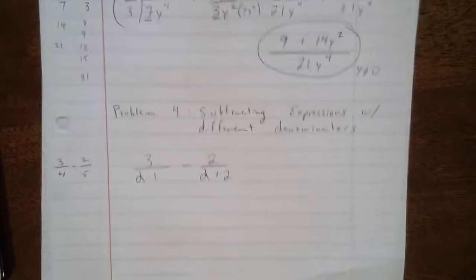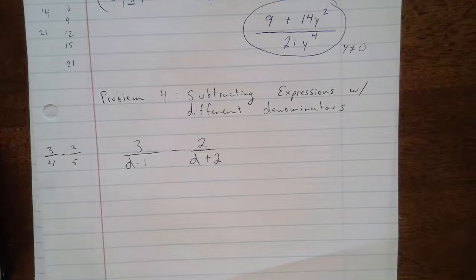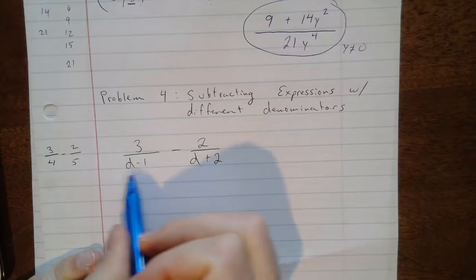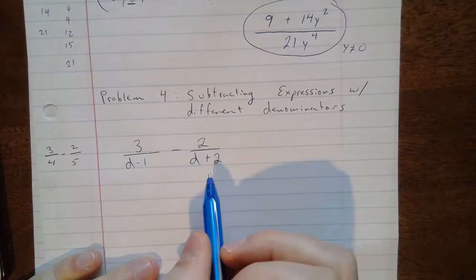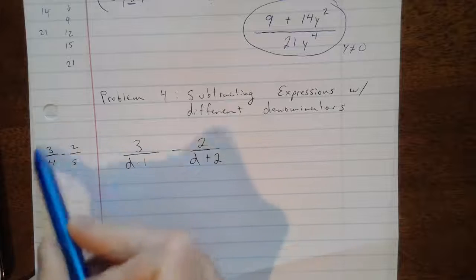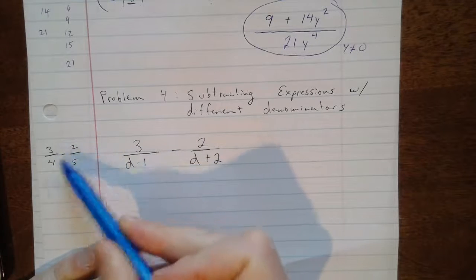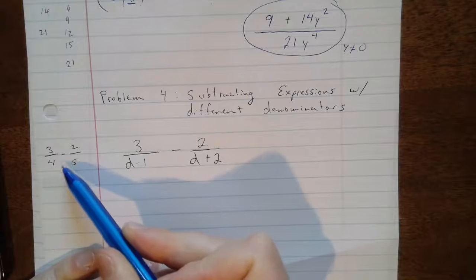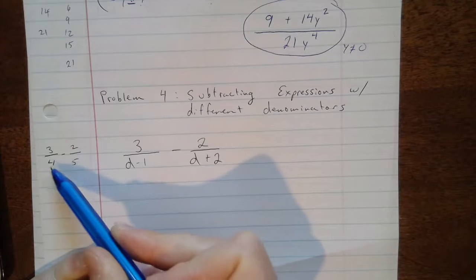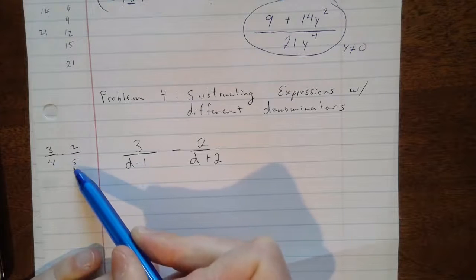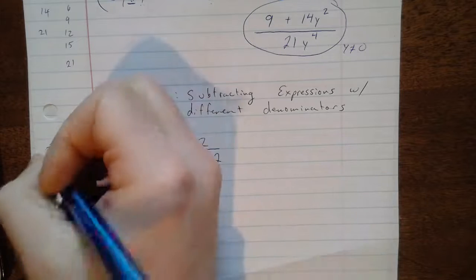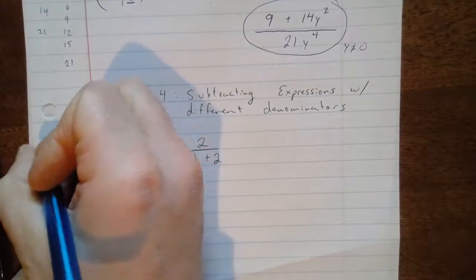Now, problem 4, subtracting expressions with different denominators. This example is a little harder to think about: the least common denominator between d minus 1 and d plus 2. It brings you back to a fraction like 3 over 4 minus 2 over 5, where there's really nothing times 4 that gets you 5, at least no integer numbers. What we would do with a fraction like this is multiply top and